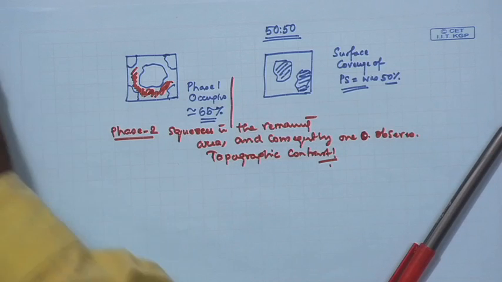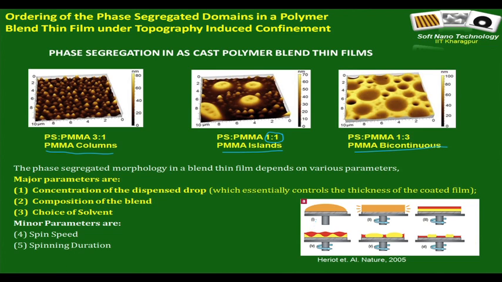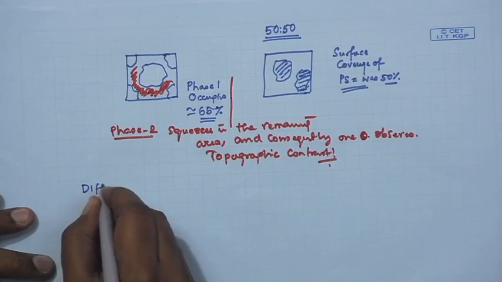There are a lot of arguments as to how this phase segregation happens, because initially you are taking a solution where both the phases are completely miscible. However, what is important to understand is that though the phases are completely miscible, these two polymers will have differential solubility towards the same solvent, and often they might have differential affinity towards the substrate. These are important parameters. So, there can be differential solubility,